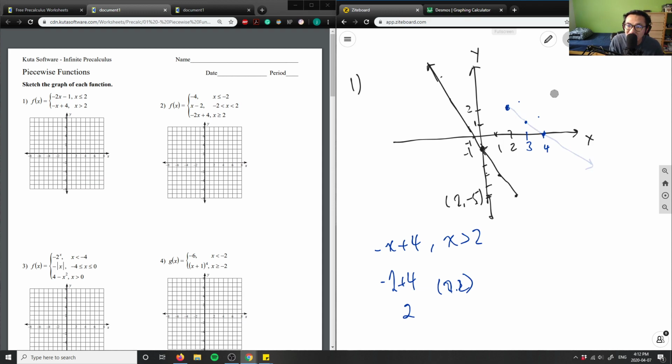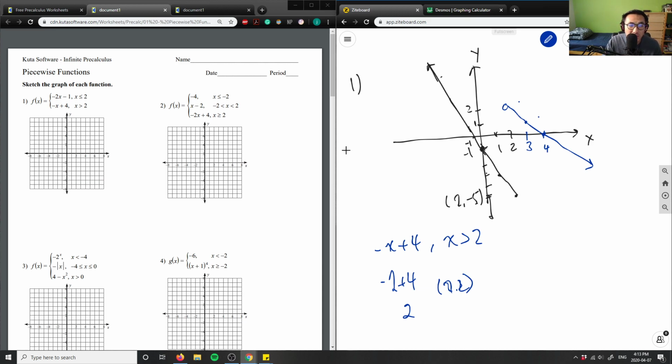You can think of this as a jump discontinuity. We talked about continuity in our previous lesson here. We have a jump discontinuity. And in this case, this little hole here doesn't actually exist, so let me erase this. This is actually a hole at (2, 2). And the reason why it's a hole is because